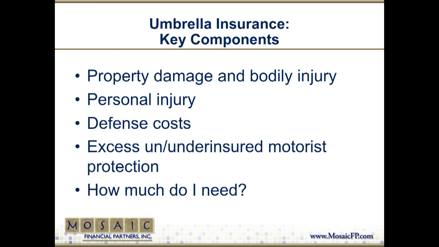And the excess uninsured and underinsured motorist protection. Yeah, some carriers will allow you to add another layer of that excess uninsured coverage that we talked about before onto your umbrella policy as well. And just to give you an idea, to have that extra coverage is about $125 a year, and it's worth it to add that limit.